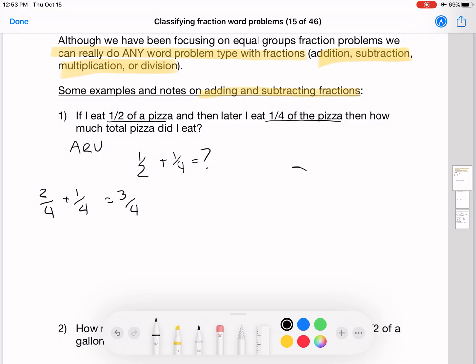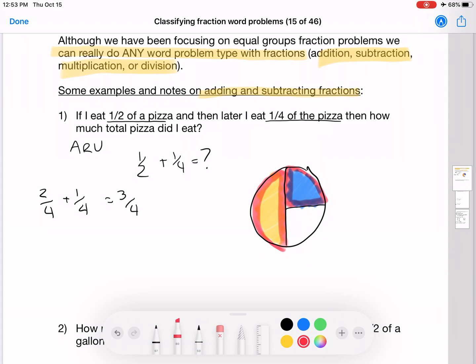So I could draw a picture for this, right? Pictures should make things make sense. So it says at first, I ate half of a pizza. Then later, I ate a quarter of a pizza. How much total pizza did I eat? Well, when you look at the picture, you started with the half of the pizza, and then you ate a quarter of the pizza. And I want to add those two things together to find out how much I ate,